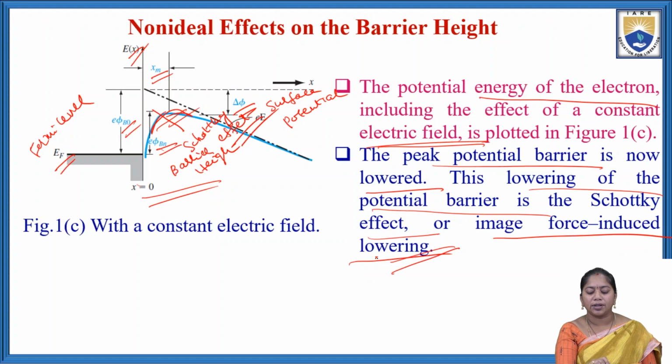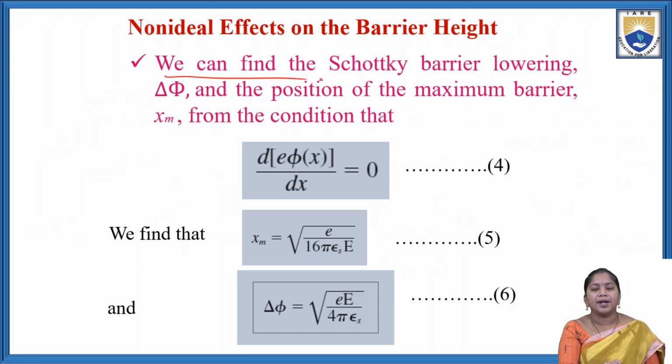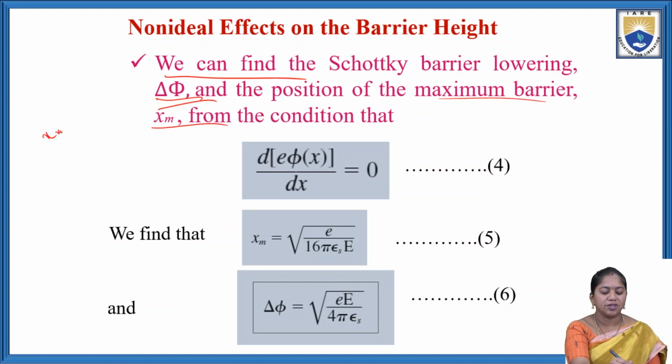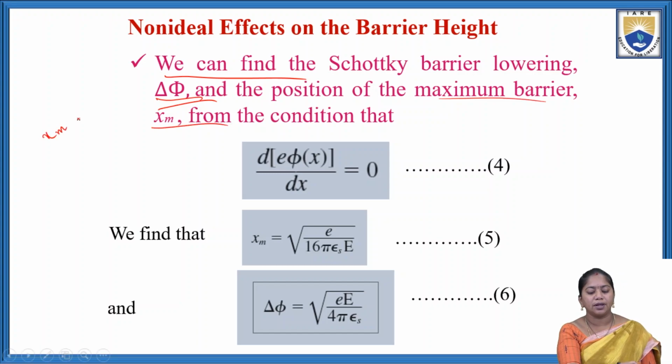It reduces the Schottky barrier height of the given metal semiconductor junction. We can find the Schottky barrier lowering, delta phi, and the position xm of the maximum barrier from the condition